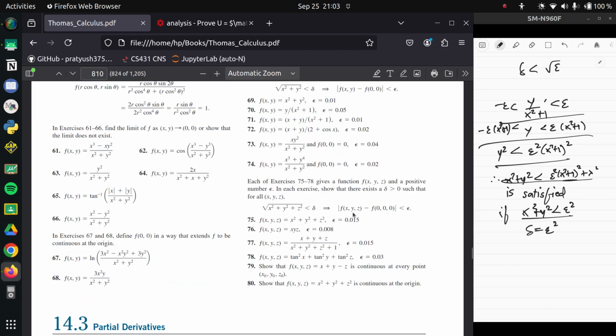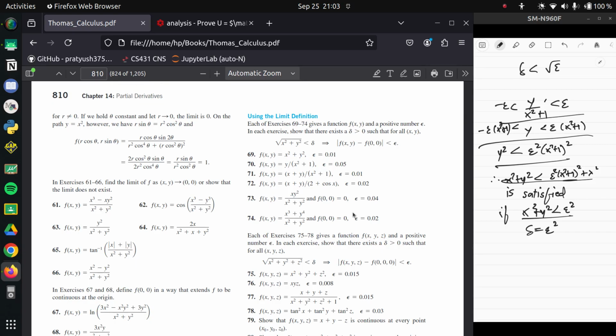Amazing. Next is just x plus y upon x square plus 1. So what we want is, this should be less than epsilon, and that implies